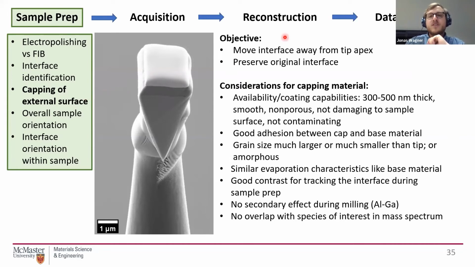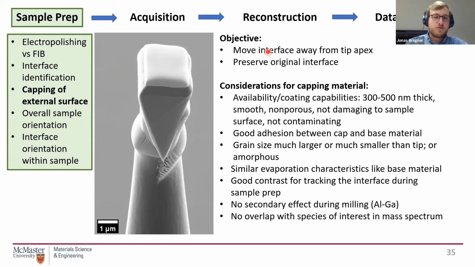If you, for example, are interested in your sample surface and you imagine you're milling a needle out of your sample surface, then the very outer part, the part you're interested in, actually at one point will be milled away, right? So having a layer here, like the dark one here, for example, is chromium, will help you to be able to move that interface of interest more from the apex towards, let's say, 150 nanometers from your tip apex, just to be able to observe the interface with a larger field of view.